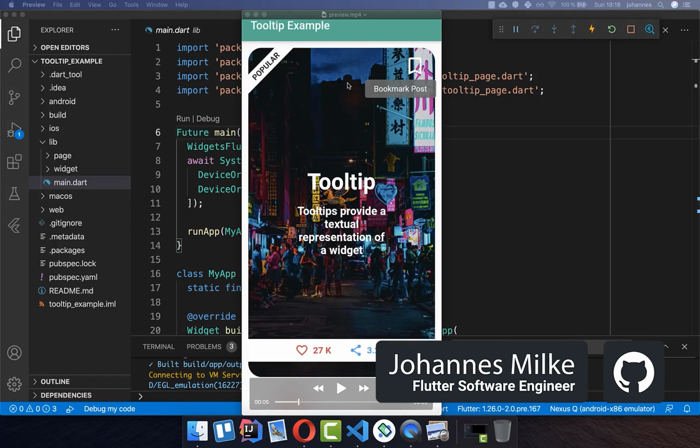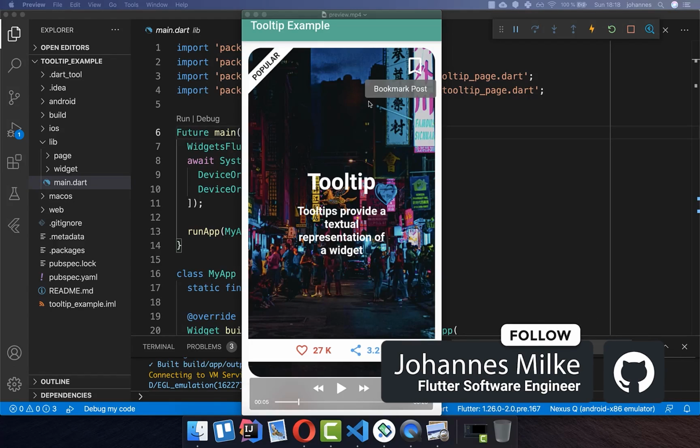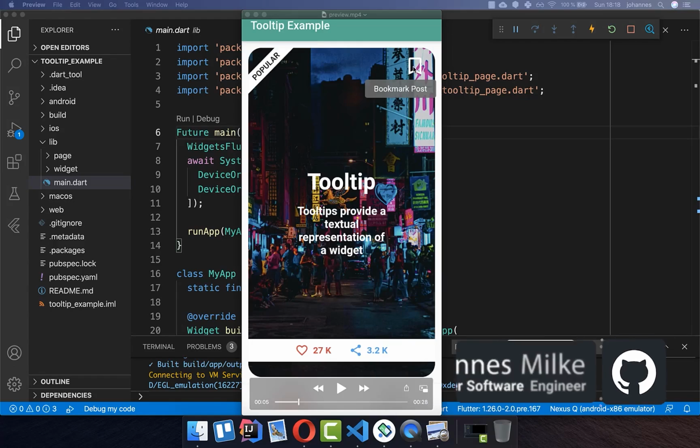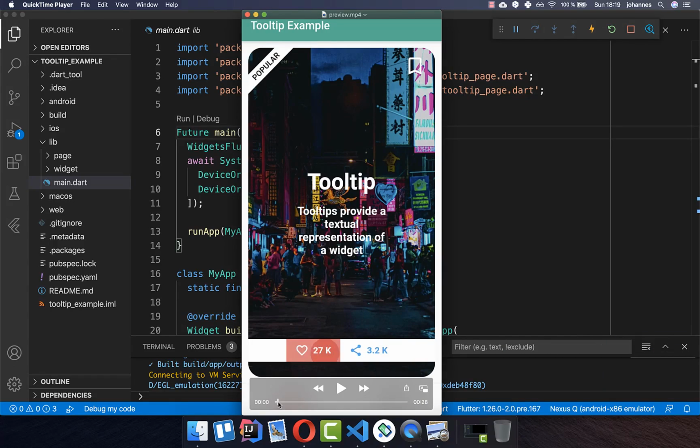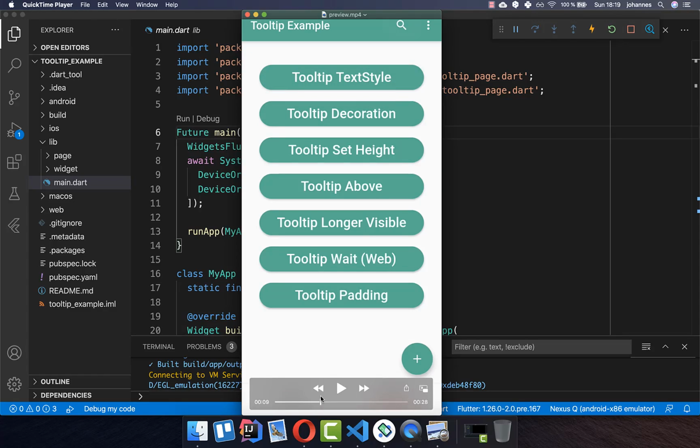A tooltip provides a text for a widget which is displayed if we tap long pressed on this widget. In this tutorial we will look at how we can add a tooltip to different widgets, and we will also look at the customization of the tooltip so we can give it different decorations and give it a different size